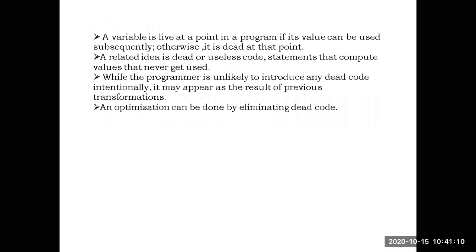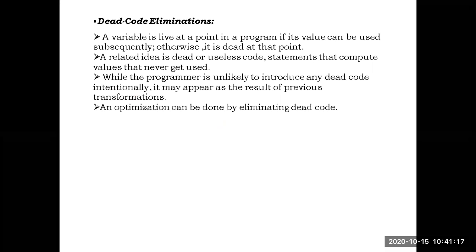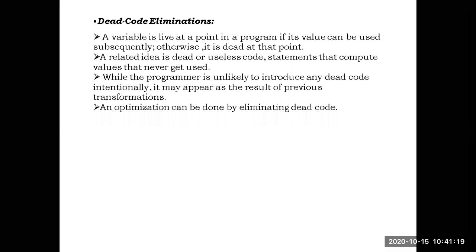The next one is dead code elimination. What is dead code? If there is any statement in the program which is not required in the remaining part of the program,